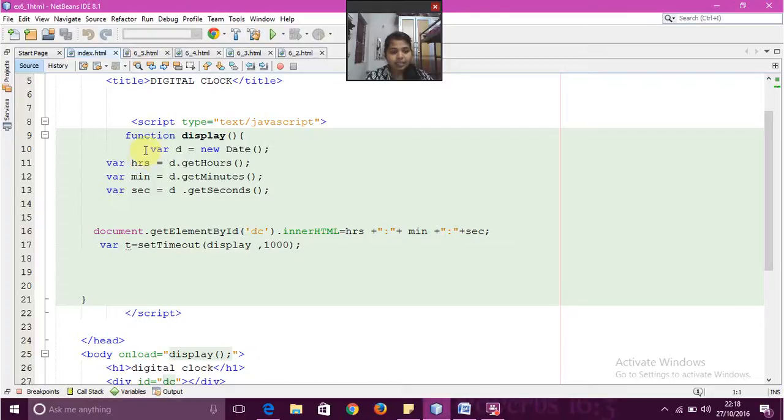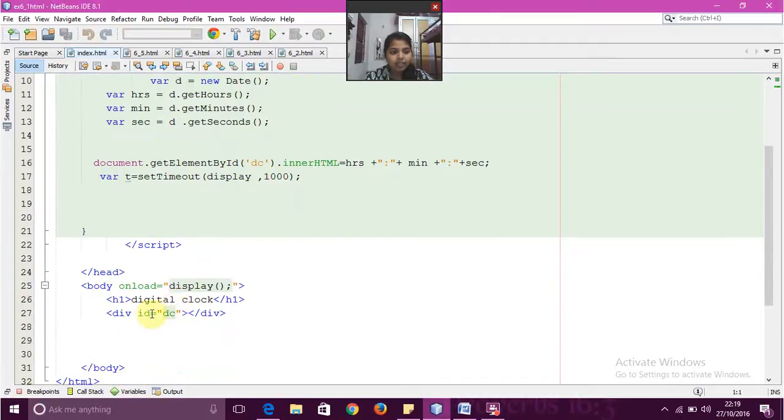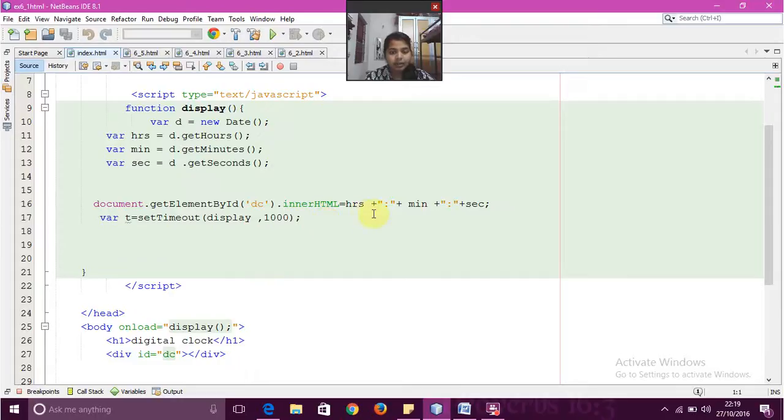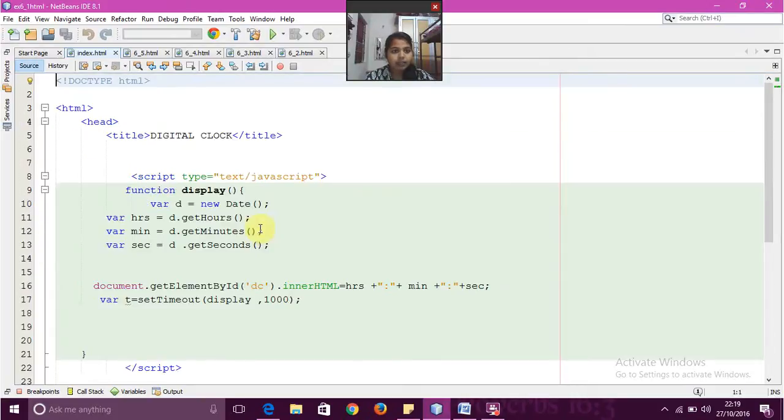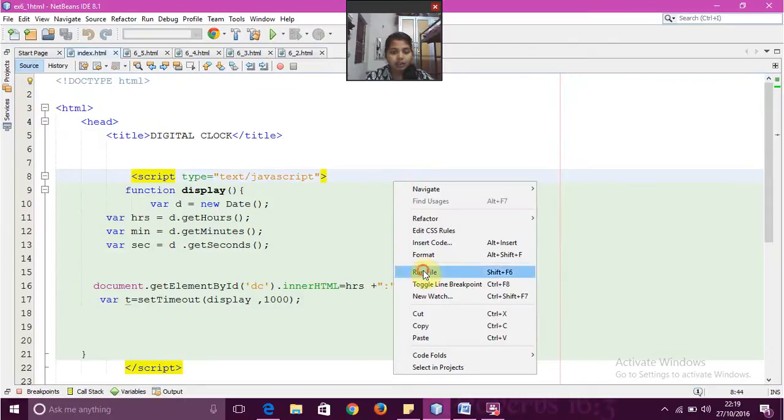It takes the variable d as a new date, and hours is d.getHours, minutes is d.getMinutes, seconds is d.getSeconds, where date gives the current date. And in document.getElementById, where dc is the division id name, innerHTML shows the hours, minutes and seconds. For this I used var t = setTimeout, display, so every second it will be changing. For this the output is,